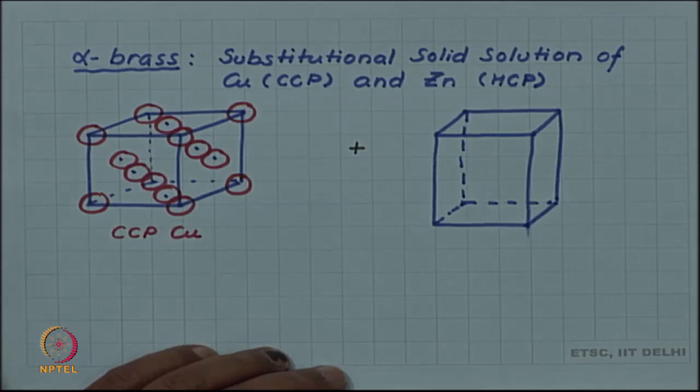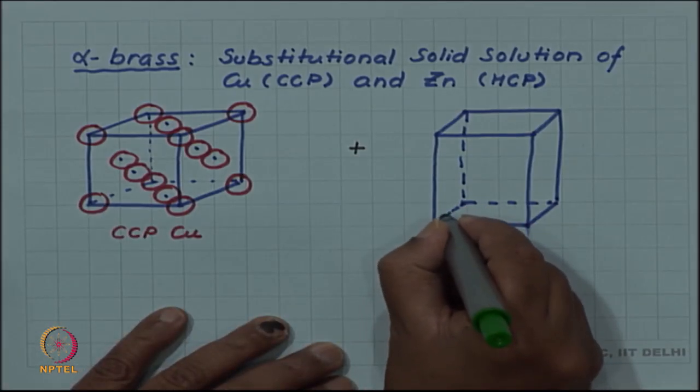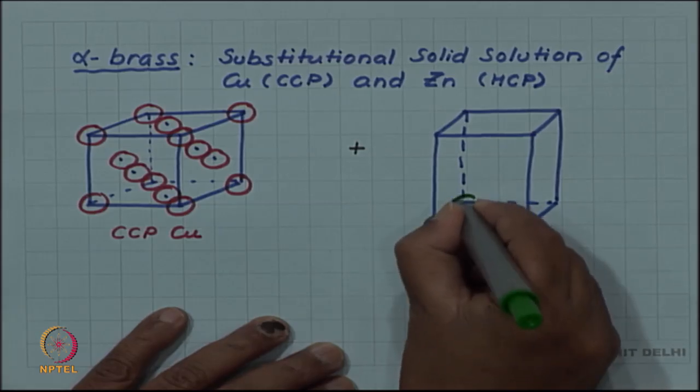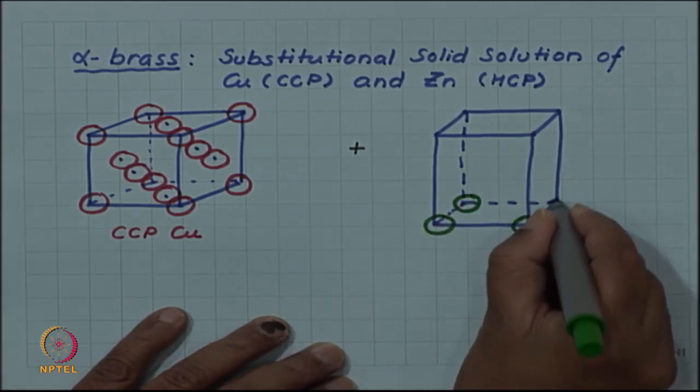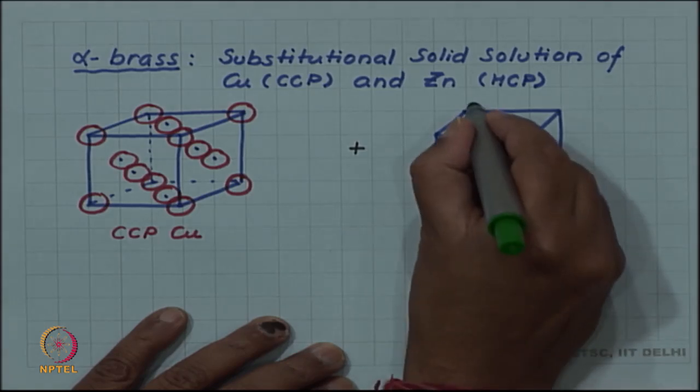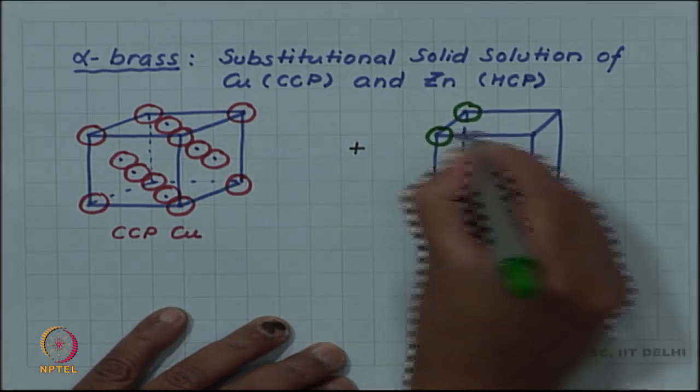So, let me represent zinc atoms by green. So, this is the A layer atom, this is the next A layer atom,